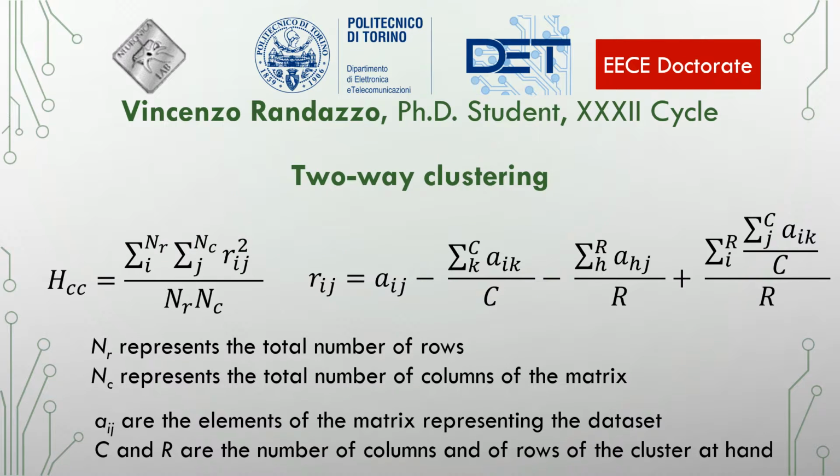Two-way clustering searches for biclusters with constant values on rows or columns and with coherent values respectively. It can be proved that the numerical rank of the corresponding submatrices can be used as a figure of merit of the quality of the bicluster. The HCC index shown in the slide has been chosen for controlling the quality of the bicluster, as it also takes into account the noise in data. This index decreases as the values in the bicluster tend to be constant, differing by a constant on the rows or a constant on the columns.